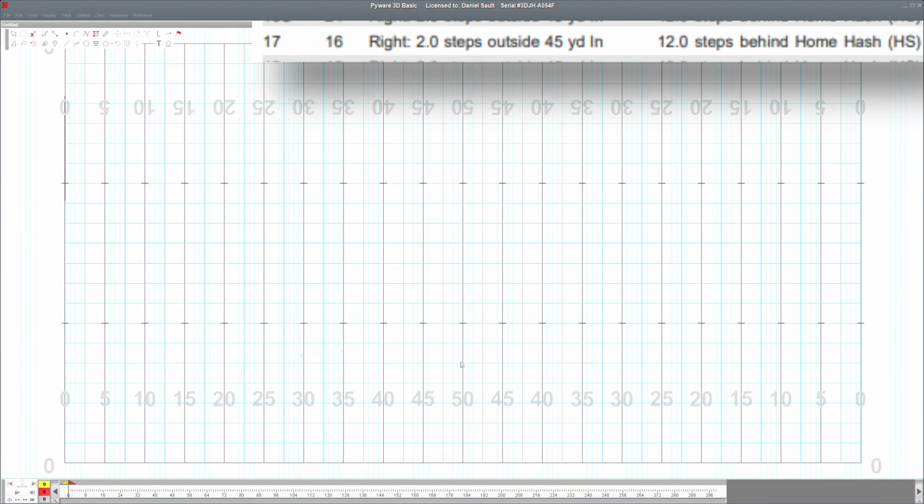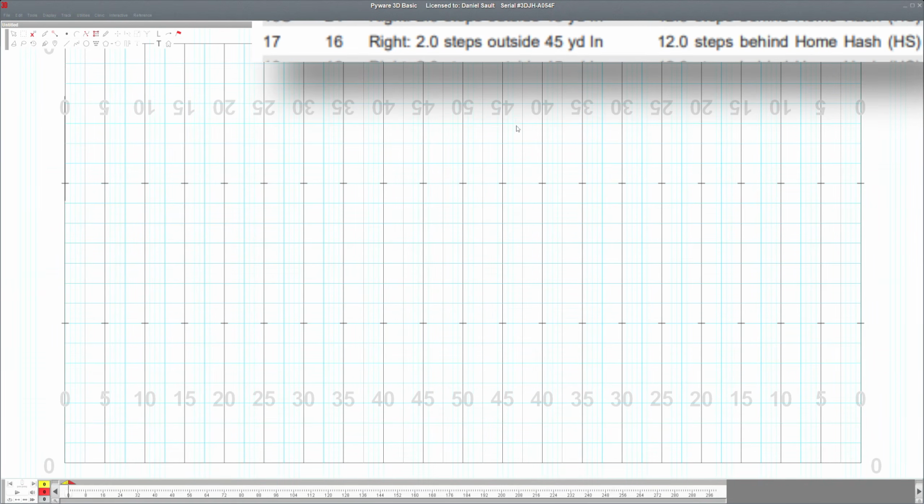So depending on which side of the field you're on, inside and outside are going to be different directions. But if you remember, inside is closer to the 50 and outside is away from the 50, you'll be in the correct spot. In this case, it says 2 steps outside. So here's that right 45. I can go 1, 2 steps with those small blue lines, and right about there,